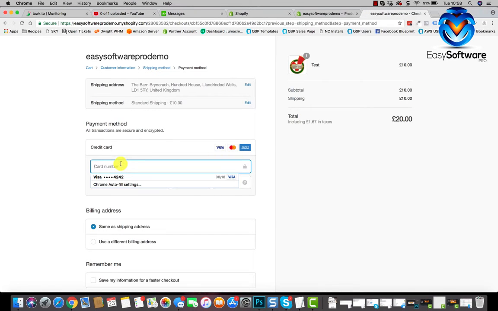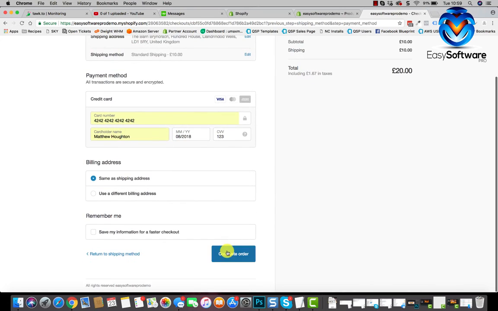Okay, so this here is where you need to put in the test Stripe credit card details. It's already sort of saved in my cache, but it's 42424242, and there's a total of 16 digits there. So it's just 4242 is all you need to remember. The date just needs to be any time in the future, so it doesn't matter what the date is as long as it's ahead of time. The number on the back of the card here, 123, and any name will do in there. So again, it's just 42424242, 16 digits, any date in the future, 123 on the back of the card, and any name. And then if I hit complete order now,